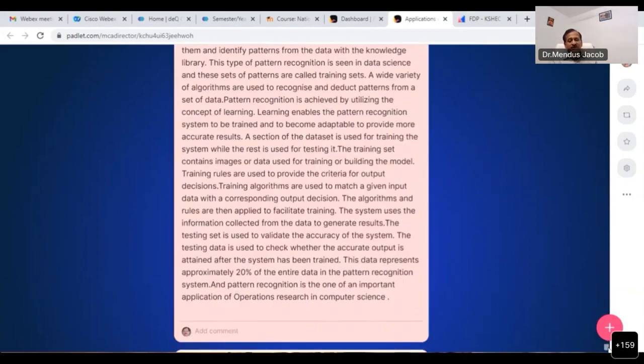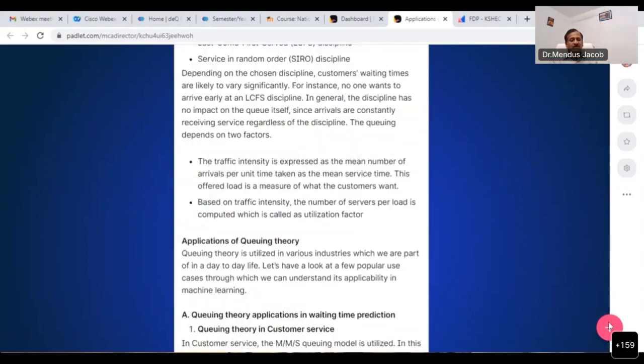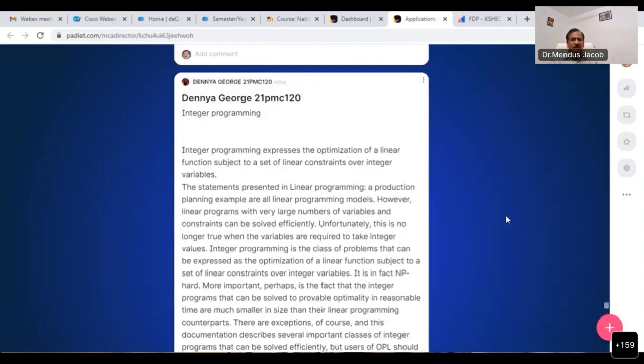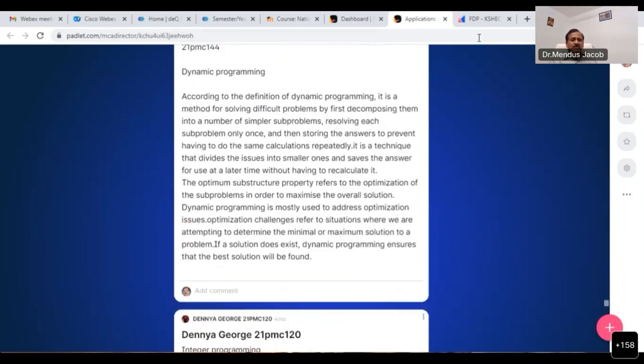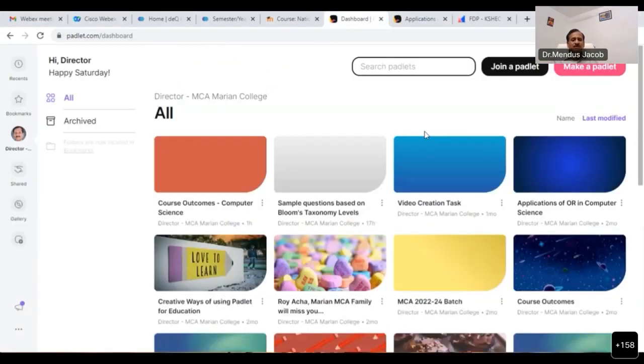Otherwise, usually all of them will submit at the last date, copying from each other's submissions. So this is one of the areas where we can adopt tools like Padlet, so that it will be easy for us